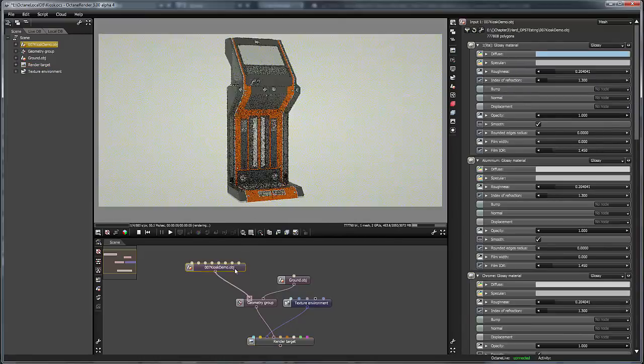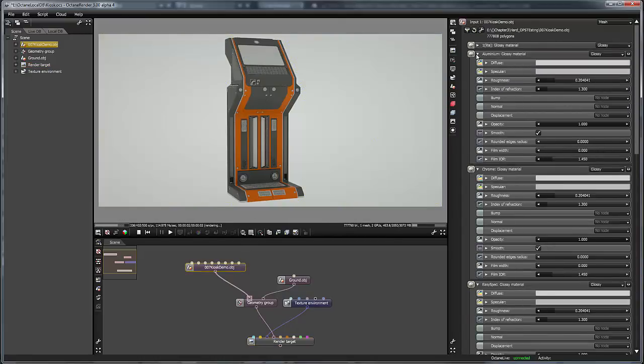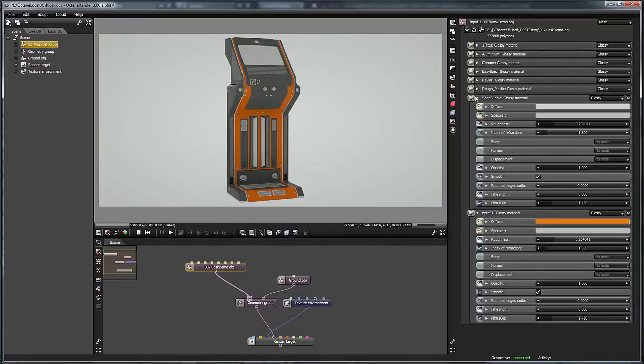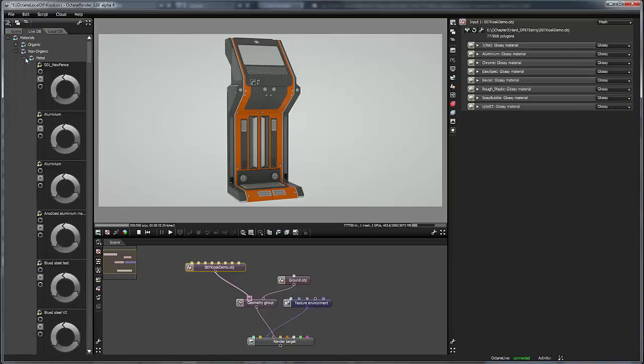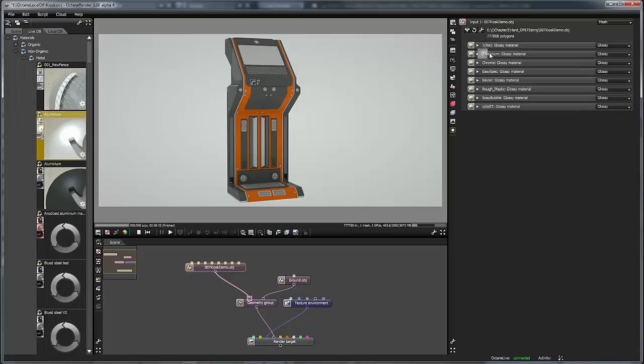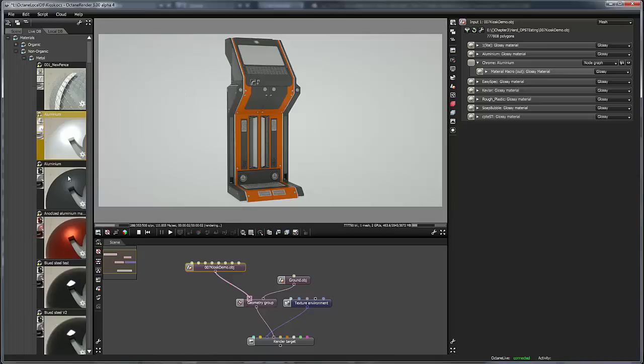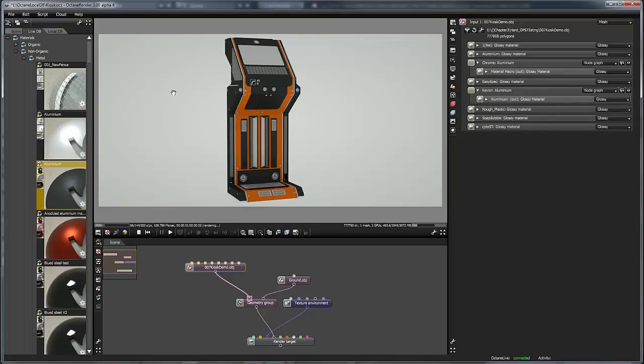So now you know the floor is there. Now I just need to deal with the materials. When it comes to using the standalone, I like just going to the material DB. I've also been playing with making materials, but for the sake of this video, we will just throw the aluminum on the chrome, throw the dark aluminum on the Kevlar,